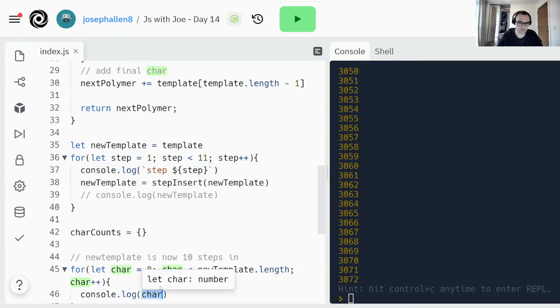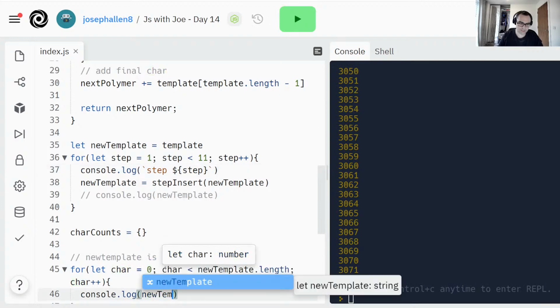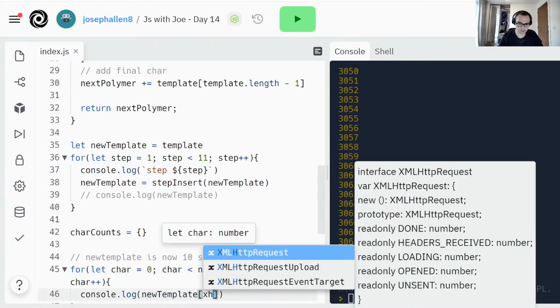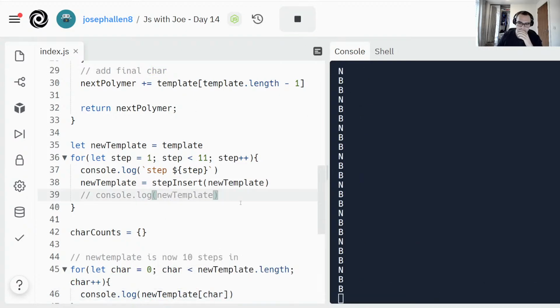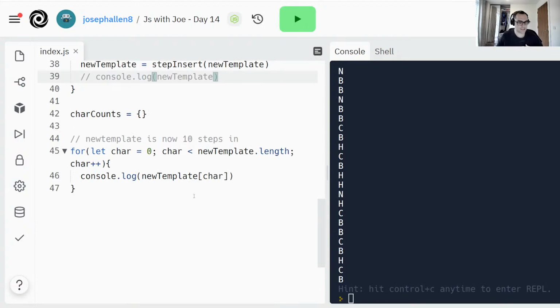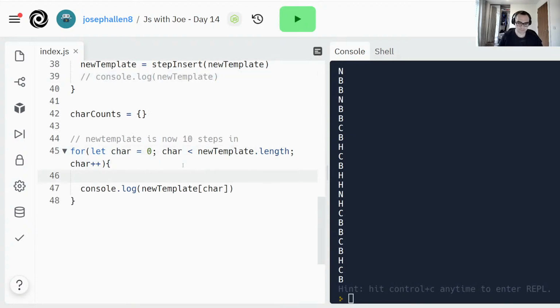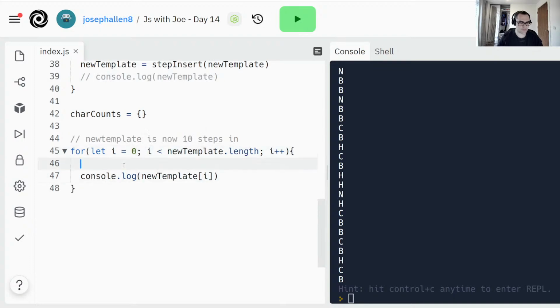Oh, new template char. 3,000 characters we're looking at there. Okay. Let's call that punch char equals new template I